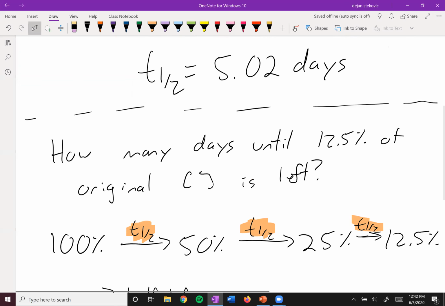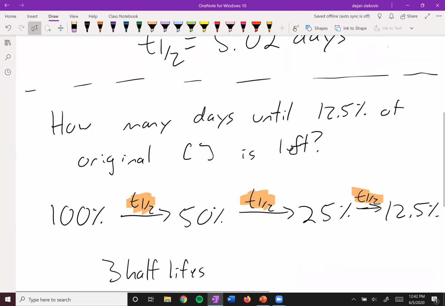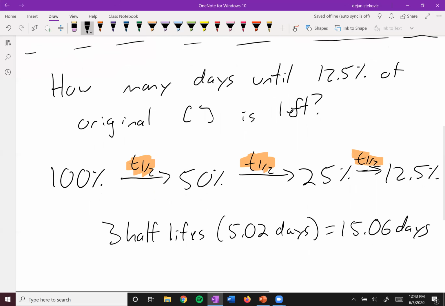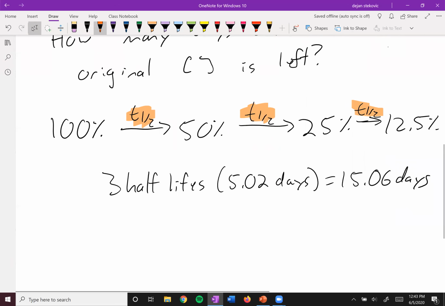From our previous question, we know each half-life is 5.02 days. And remember, for first order, our half-life doesn't change. It's always the same. So we just multiply these two and you get 15.06 days. So that's how long it's going to take. That was pretty easy because this question